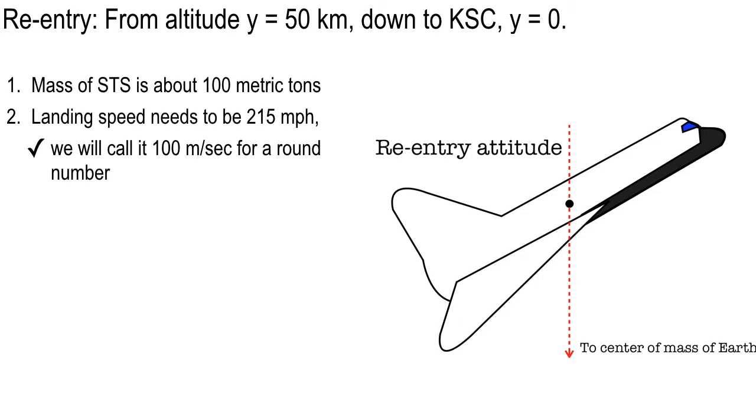So y equals 0, but you still have a little bit of kinetic energy. You have a mass, 100 metric tons, that's 100,000 kilograms. And you have some speed, 215 miles per hour, or approximately 100 meters per second. So we can do K equals 1/2 mv squared at the landing strip. And GPE is automatically 0 because it's at sea level. And so we can figure out how much total mechanical energy is left over